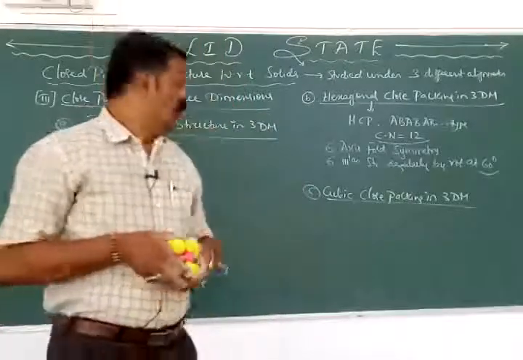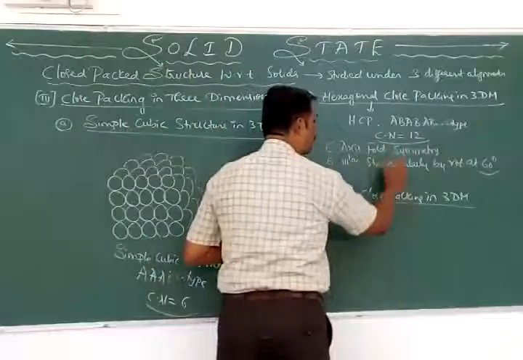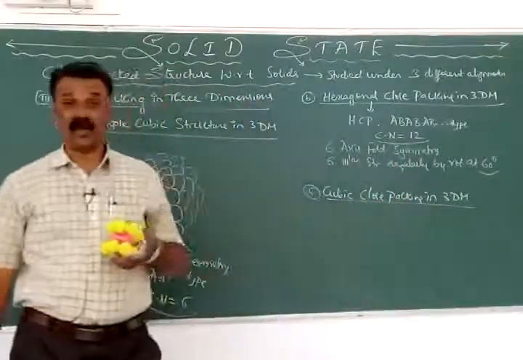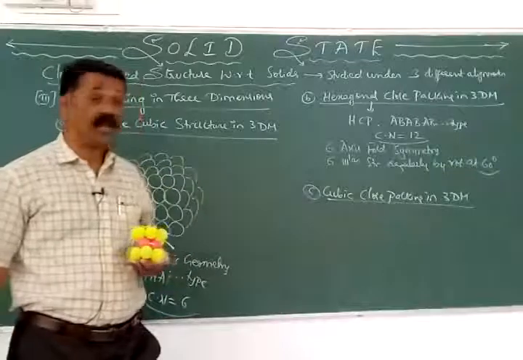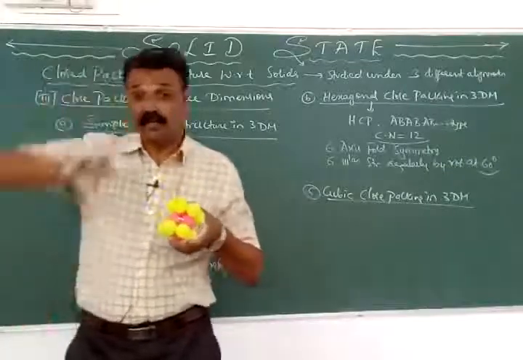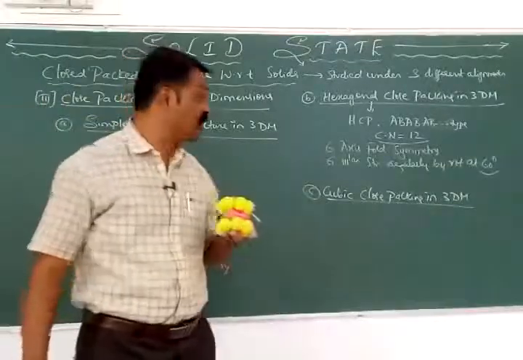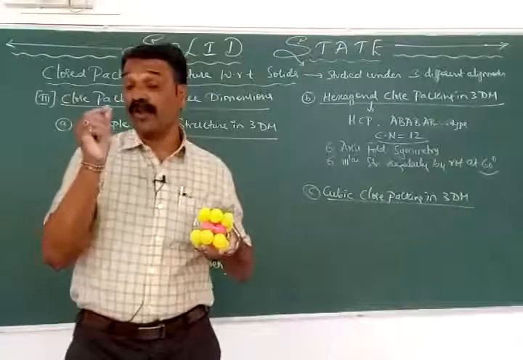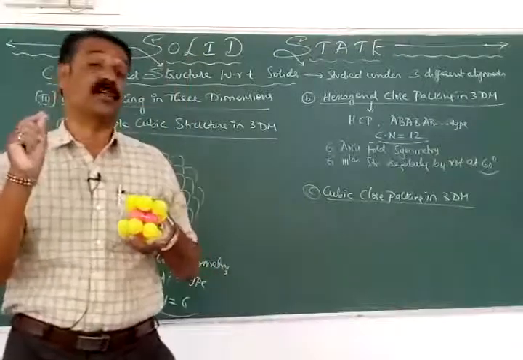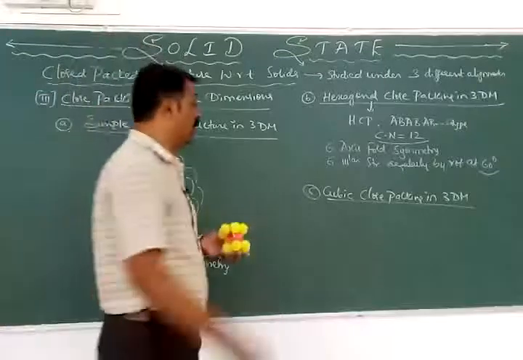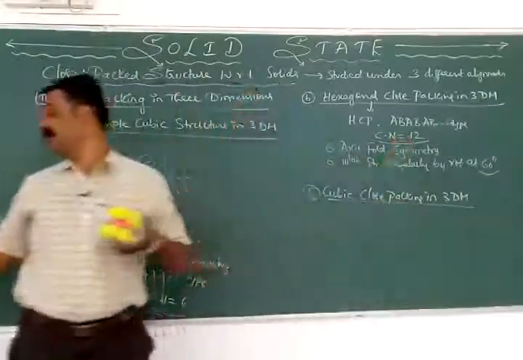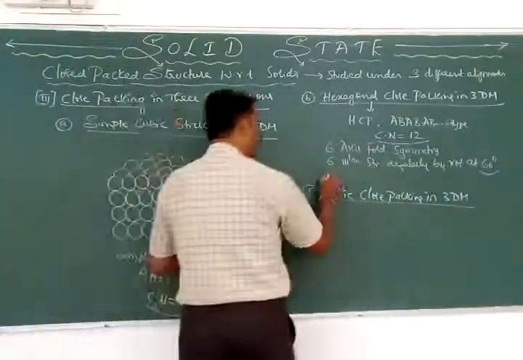This is called a 6-fold axis of symmetry. It means I am getting a similar structure by just rotating by an extent of how much degree here? 60 degrees. For every 60 degrees I am getting the similar structure. Therefore, totally 360 means we are having 6-fold symmetry, and it is having a packing efficiency of